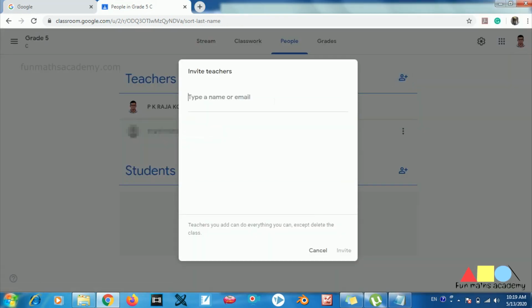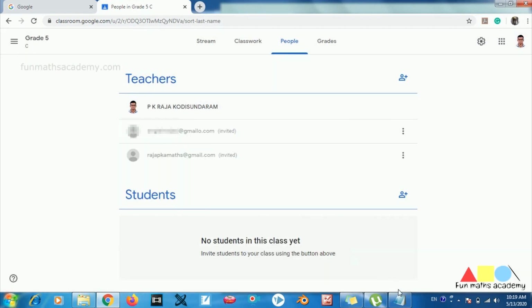Now all the tasks you can perform as the Google Classroom owner, the teachers you invite can also do. So it's better to avoid inviting too many teachers. But the only thing they cannot do is delete this class. So just remember one thing, that the students' assignments and submissions and all these things will be saved in your Google Drive folder only. So it is really better if the subject teacher and not the class teacher opens a Google Classroom.